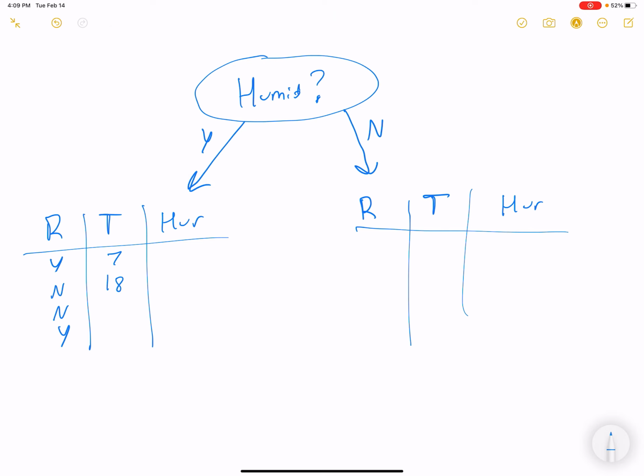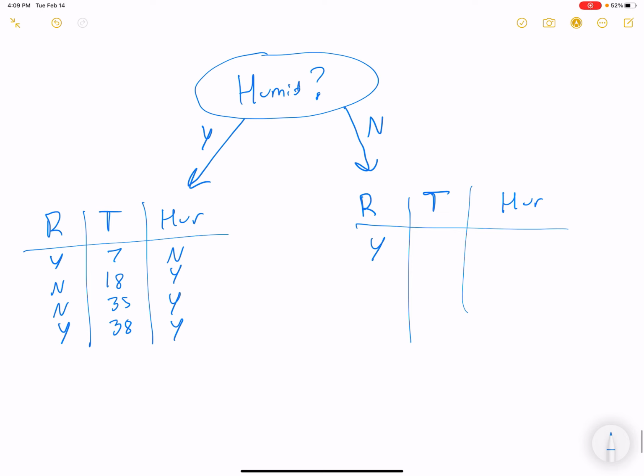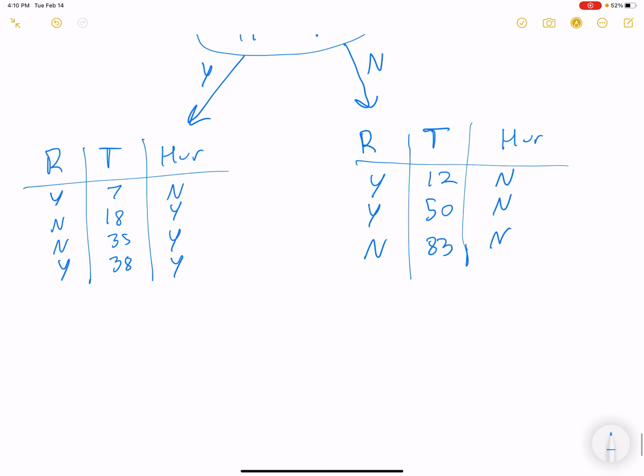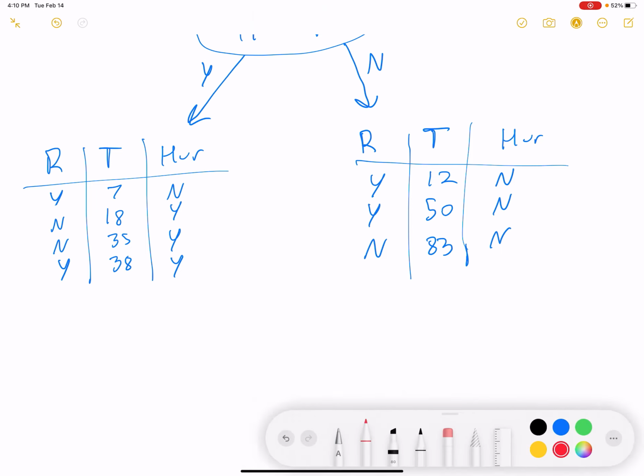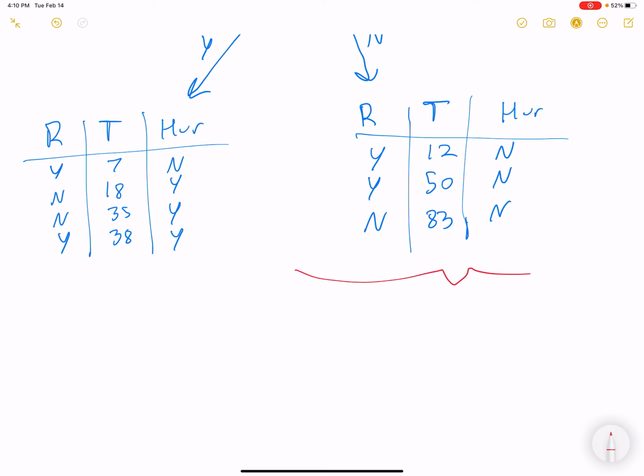7, 18, 35, 38, hurricane: no, yes, yes, yes. And similarly, yes, rainy: no, rainy, 12, 50, 83. And we have hurricane: no, no, no. So in the right case,